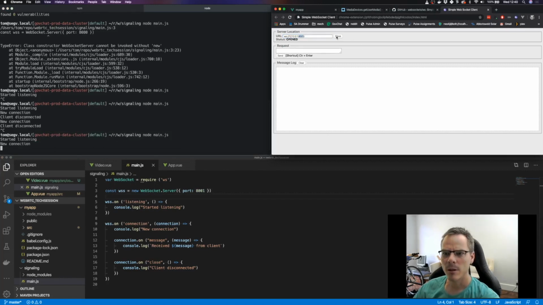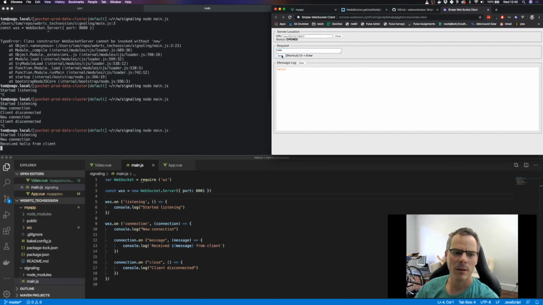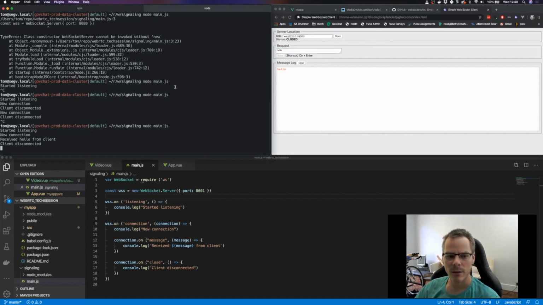And if I go open, it says opened, and I can send a message, hello. Send, and I received hello from client. If I click close, I get client disconnected. So that's cool. So I've got a signaling server, the beginnings of what could be a signaling server in the